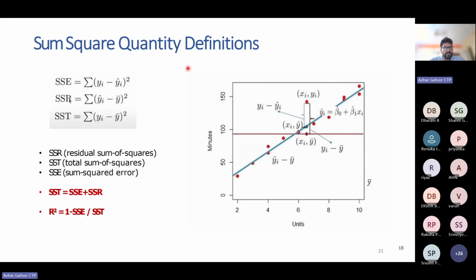Now we will see some of the sum of squares quantity definitions. Here we have the sum of squares of error, that is sum squared error, SSE. Then we have the sum squared residual. Then sum square total. So what do all these terms mean? Here we are calculating the error with respect to the